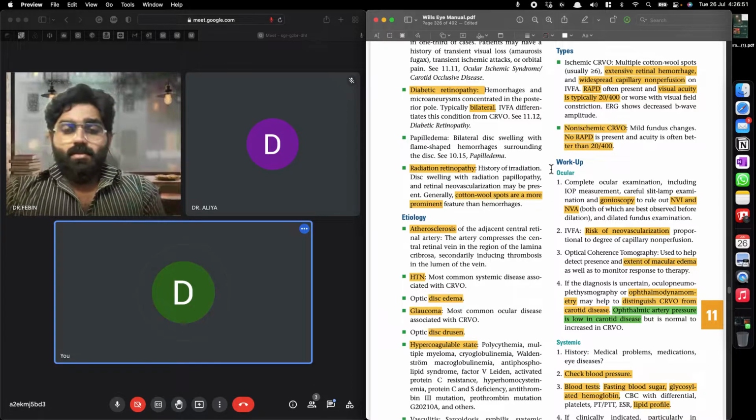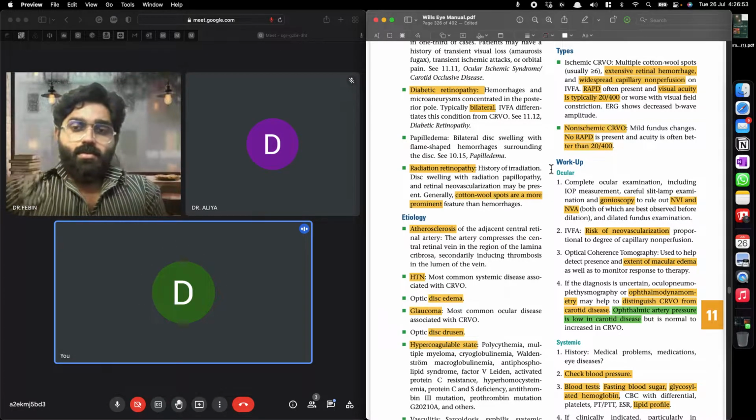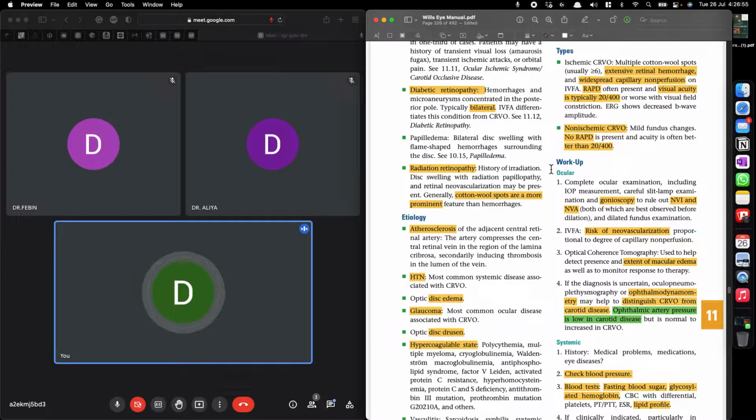Another thing, you cannot call it an NVG. Refrain from calling it an NVG because